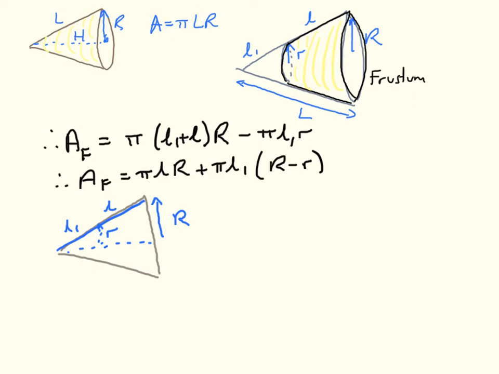So if we now consider our two similar triangles, this one here and this one, they have the same angle and they're both right angles, so these are similar triangles. We see from our similar triangles the following properties. So from similar